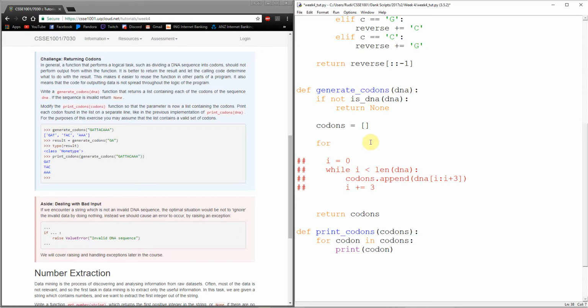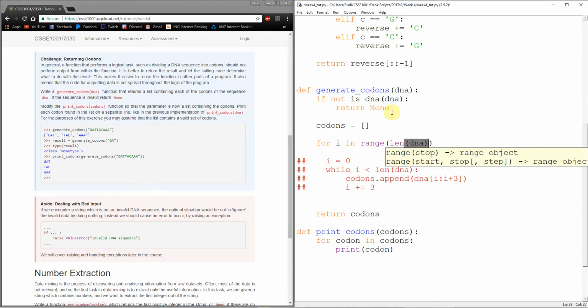Now remember, when we looped over numbers before, we were using the range command. Now we don't necessarily just want to loop over the length of the DNA, right? Because that'll give us an object that counts 0, 1, 2, 3, 4, all the way up to the end of the length of DNA. But whereas in here we're counting in 3s, and that's what we want to keep doing with our range. So range can actually take, same as the slice notation we were using before,